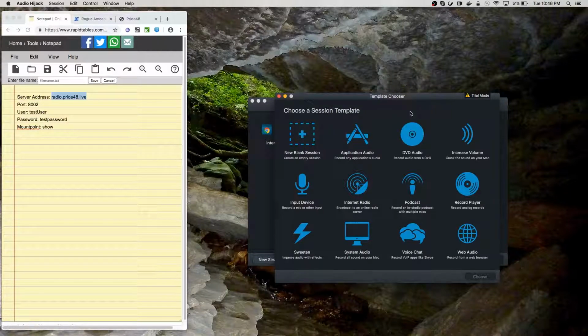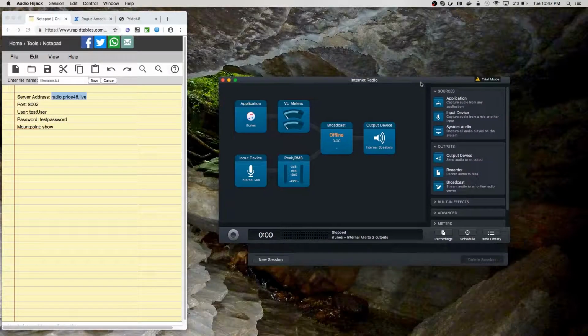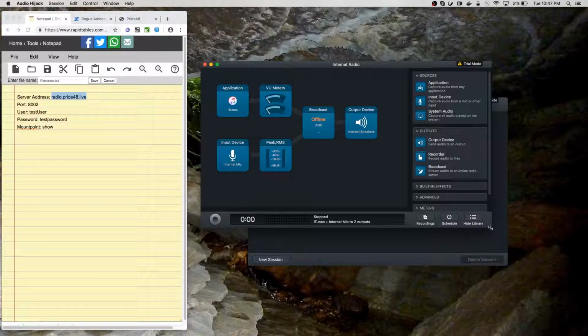So you see you have several options. If you just want to record an application, if you want to record a DVD, if you want to increase volume, if you want to record an input device like a mixer or a microphone, or you'll see one that says internet radio. So if you want to broadcast to an internet radio station, and that's what you actually want to do, I'm going to go ahead and click on that one, and I double click,